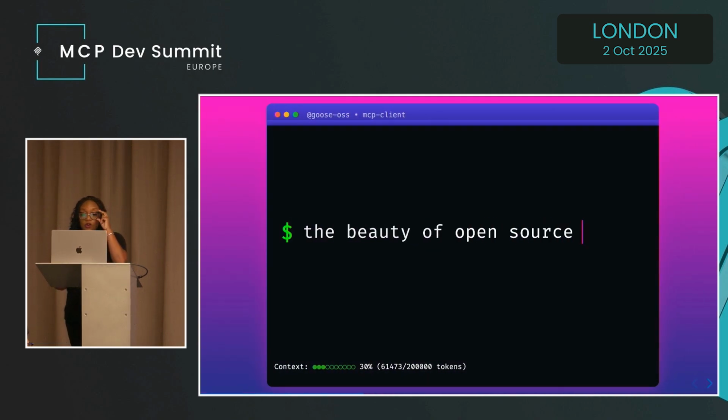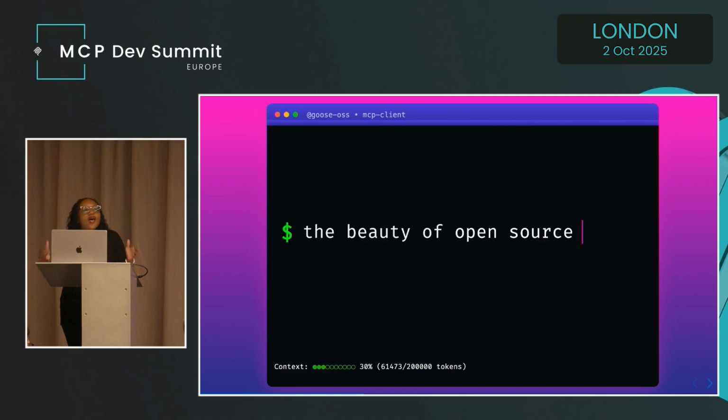Because Goose is open source, it's often one of the first clients to support a new feature or introduce a new pattern to the MCP ecosystem. So take MCP UI again. Everybody wanted this, right? But the implementation actually didn't come from us. It didn't come from the Goose team. It didn't even come from an engineer, actually. It was a designer who saw the need, opened up the code, contributed some PRs, and now it's in Goose. It's real. It's one of the first ones, right?